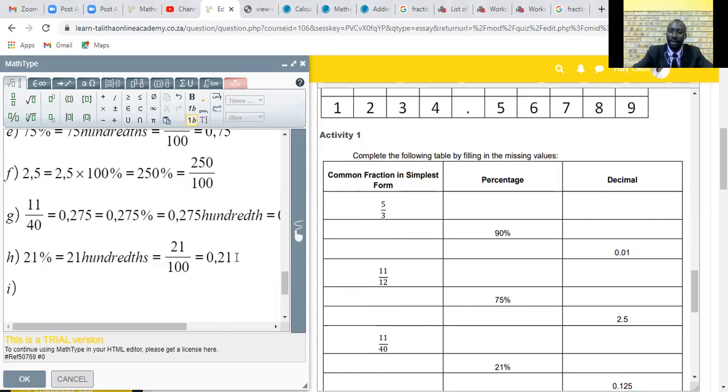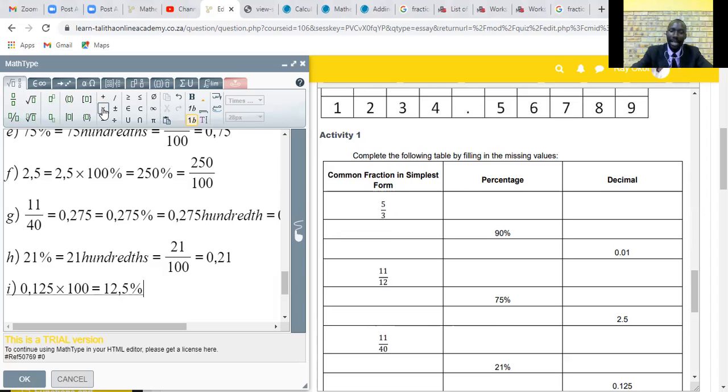We have been given 0.125. Now notice this time we are moving from right, we are coming to left. So in percentage, we will have to do what? We will have to multiply this by 100. If we do that, what do we get? We will get 12.5. And now we call this